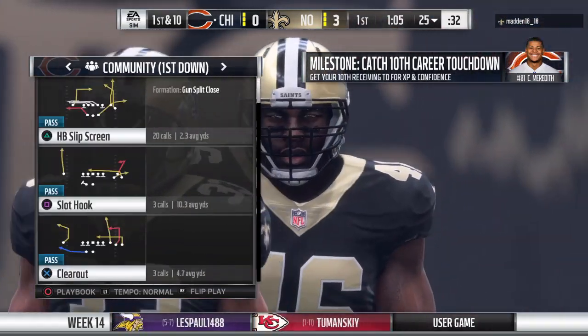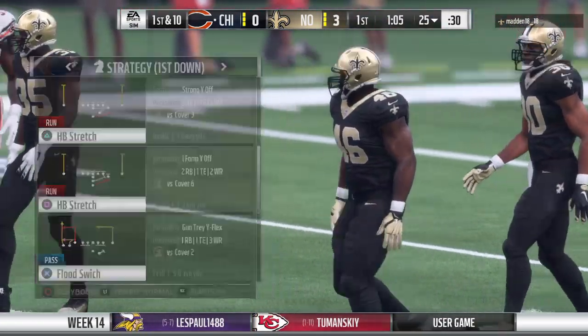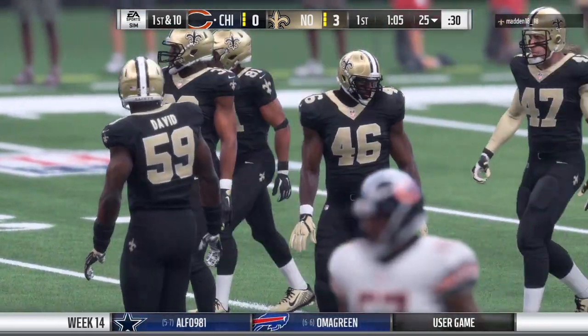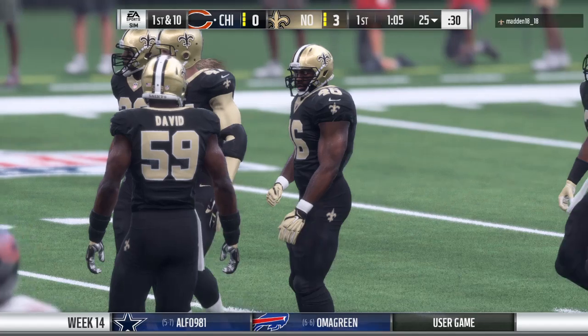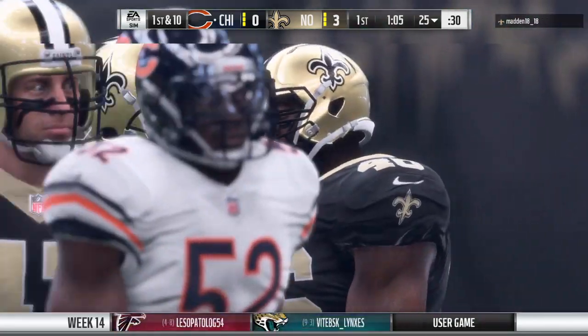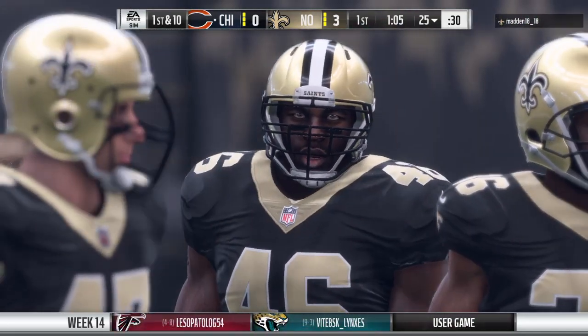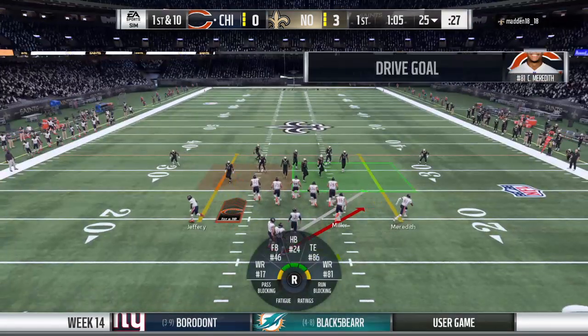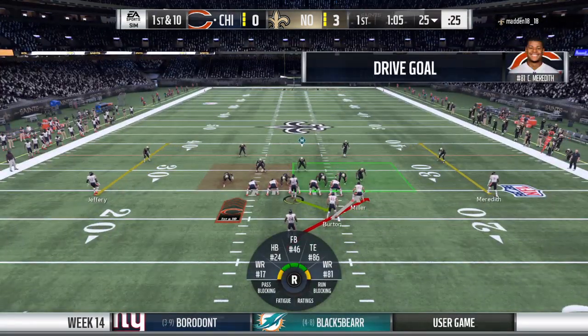And sometimes the first drive is just simply to settle nerves. You know what it's like at the start of a game with the emotion. Guys a little bit jumpy. But you do. Oh, you understand the same way. It's just like us calling one, right? Making sure we ease into the game, let it come to us. Well, you went 3 and out. And now they have that opportunity. No, you didn't go 3 and out. I went 3 and out on that first drive. I'll try to do better